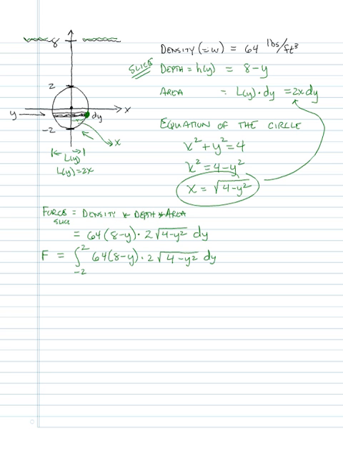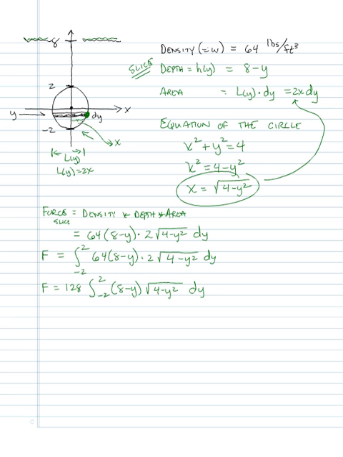Now, of course, we can simplify that a bit. We can certainly factor out, in this case, a 2 times the 64, can't we? So we'll factor out 2 times 64, so we have 128 times the integral from -2 to 2 of 8 minus y times the square root of 4 minus y squared with respect to y. Well, this integral is also a little bit troublesome, but I'd like us to plow ahead,